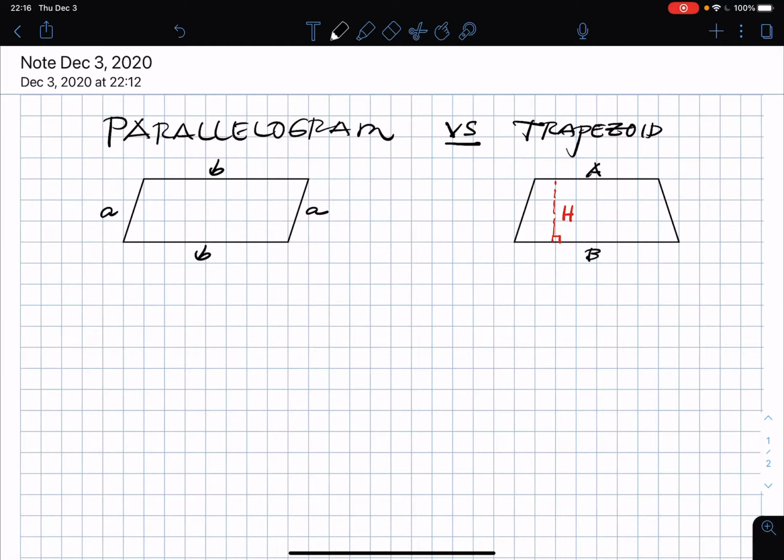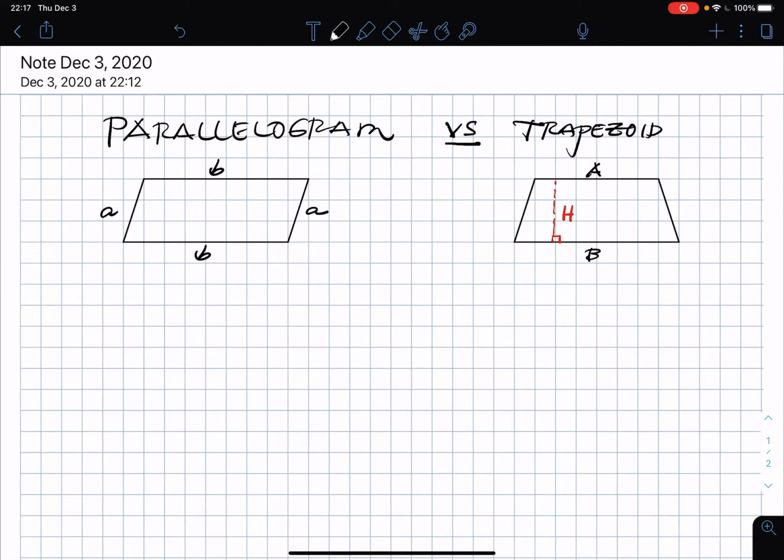Okay, today we will be differentiating the difference between a parallelogram versus a trapezoid. When does a four-sided polygon become a parallelogram, and when will it be treated as a trapezoid? Okay, in our